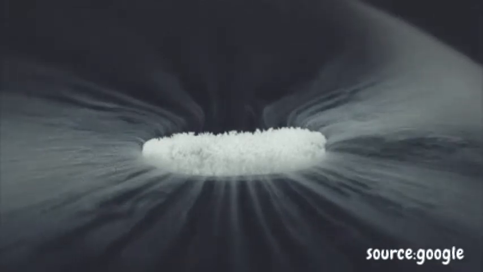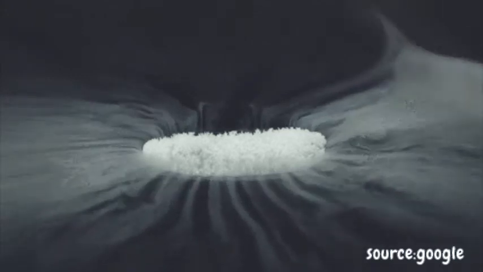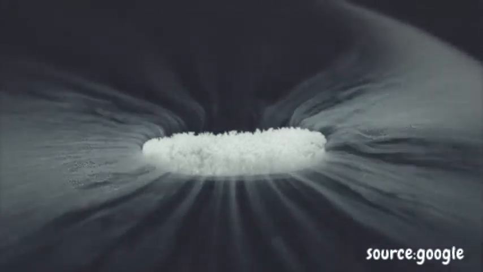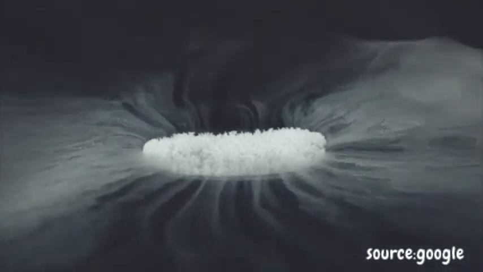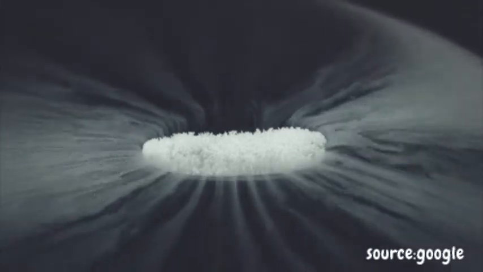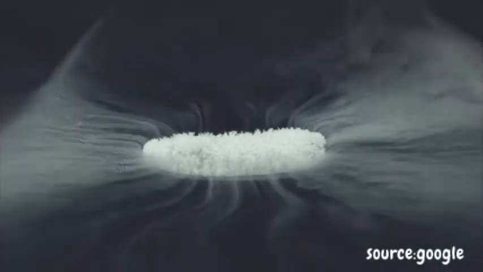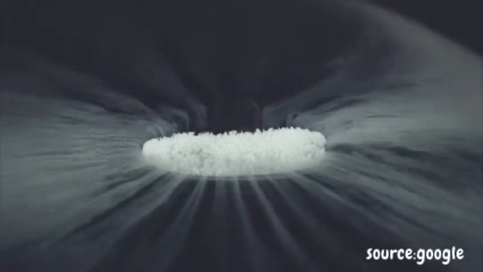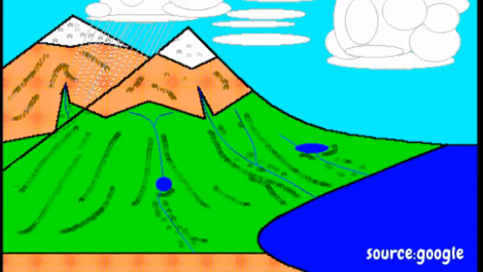Apart from evaporation, sublimation also contributes to water vapors in the air. Sublimation is a process where ice directly converts into water vapors without converting into liquid water. This phenomenon accelerates when the temperature is low or pressure is high. The main sources of water from sublimation are the ice sheets of the North Pole and the South Pole and the ice caps on the mountains. Sublimation is a rather slower process than evaporation.